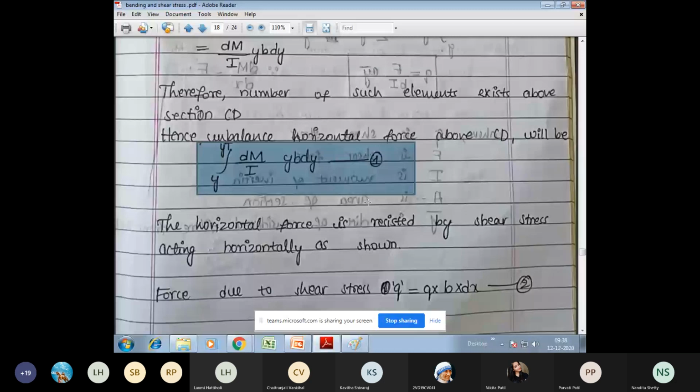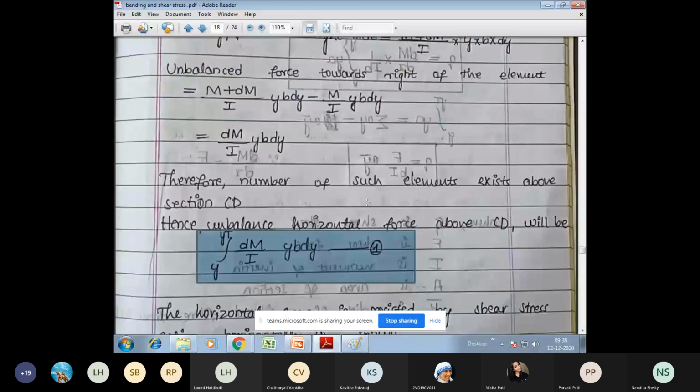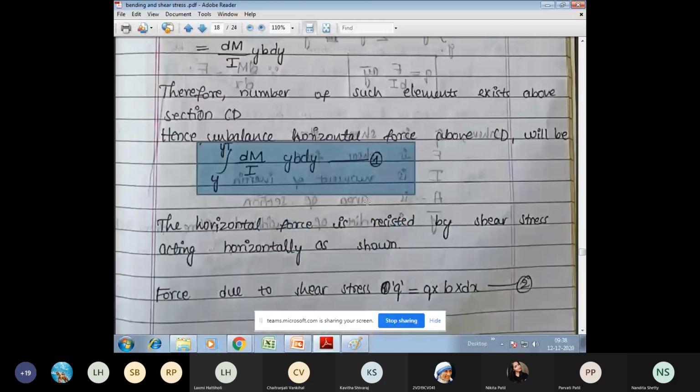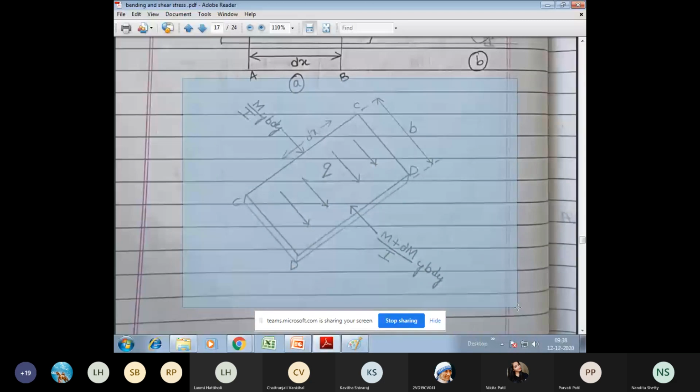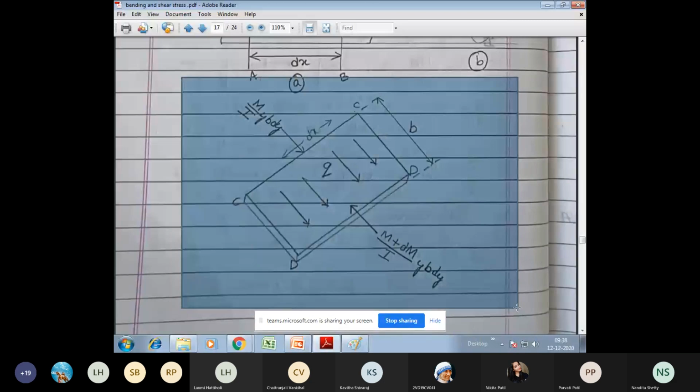So when I say that there is an unbalanced force, this unbalanced force is generated throughout the section, right? You can see a diagram here. This is the diagram of how these unbalanced forces are generated throughout the section. What I have done here in this particular diagram is that the CD element, I have made it flat. The way I'm holding it, I'm viewing it from the top, and this CD layer I have kept in a horizontal way now.